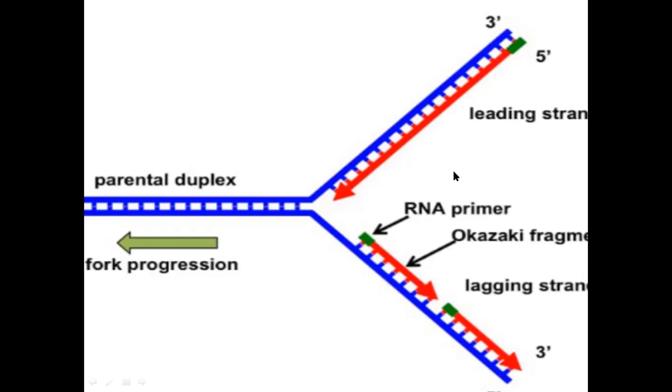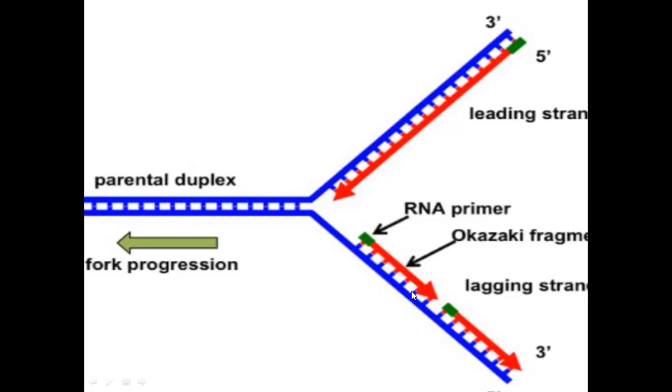Next strand, the same DNA polymerase has to synthesize the new strand here also. But this is the 5' to 3' strand, so from here it cannot start. If it goes like this, it is a 3' to 5' strand. So the new strand has to be synthesized in the 5' to 3' direction only. So what happened? An RNA primer comes and attaches here, and this is the 5' to 3' direction. So a short stretch is formed on this by DNA polymerase.